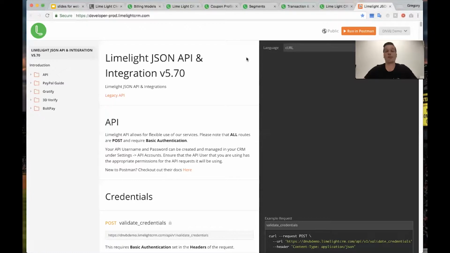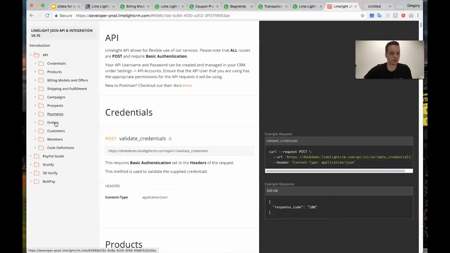We now have all of our documentation in Postman. And for those of you who are developers or familiar with an API doc, this is kind of the core of where all API docs are heading. We have a full JSON API. So we still support those URL encoded strings of how to submit an order. But now we have a much simpler, cleaner format that's easier to troubleshoot for our support team when you're submitting in that JSON format. So once you get to this doc, you'll see that this new doc is going to be the JSON doc. You can also still visit our legacy doc, and I'll actually show both to show a little